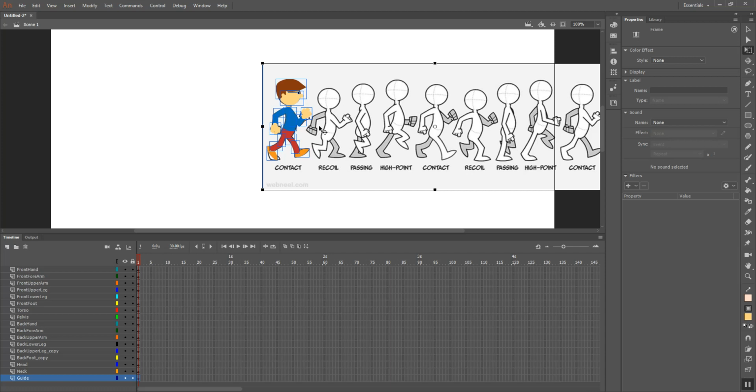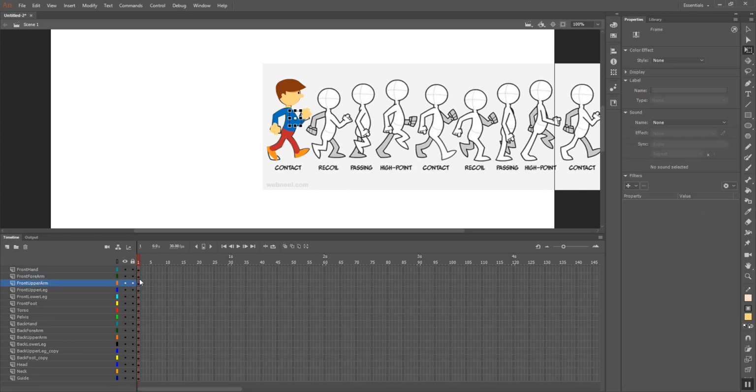So I'm going to show you first and foremost how to set up the work environment, and then we'll go ahead and start animating. So first things first, as I imported everything, each one of these items needs to be turned into a symbol so that I can go ahead and create either classic tweening or motion tweening to animate them in here, and also so that I can relocate their anchor point so that they work just as a puppet would in